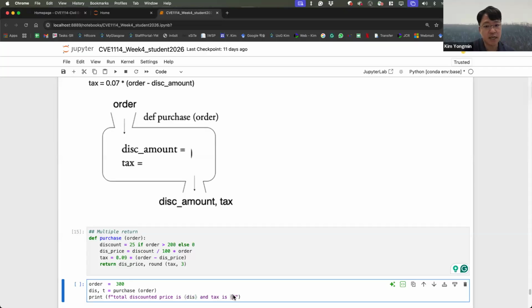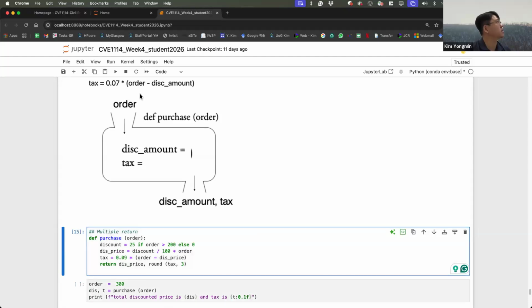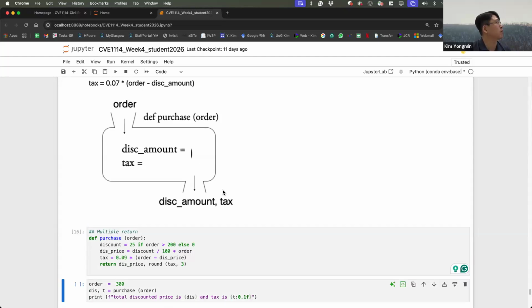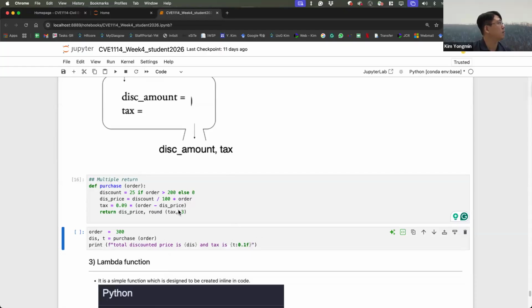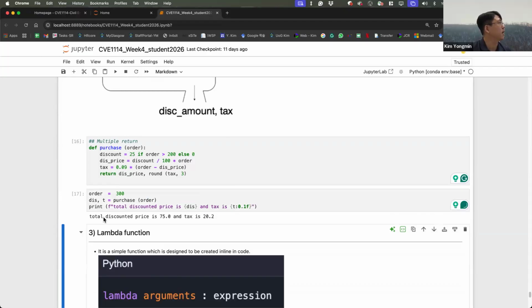Discount, tax, 0 space, 1 decimal point. I ran these blocks, nothing happening, but I call this, run this, and calculate.